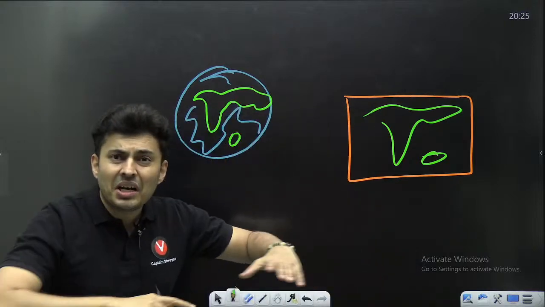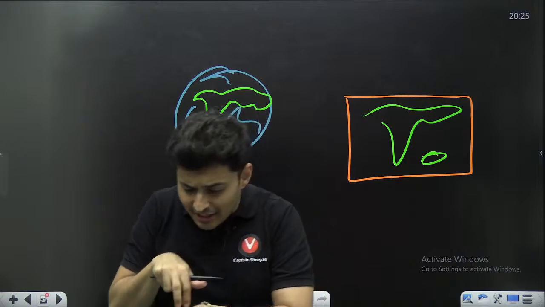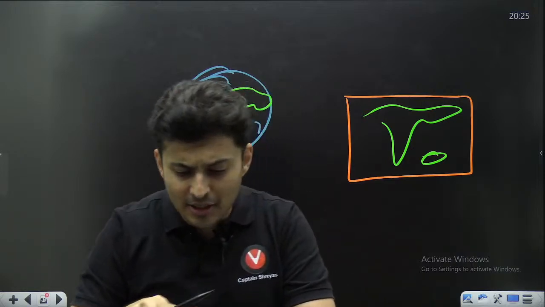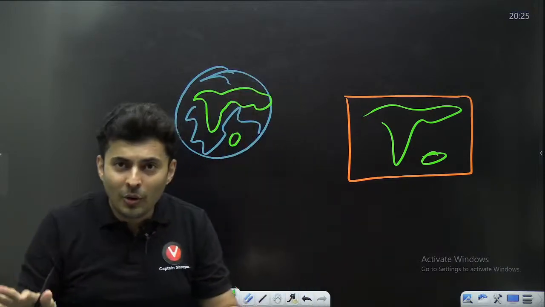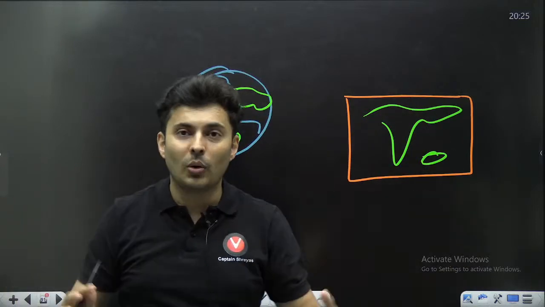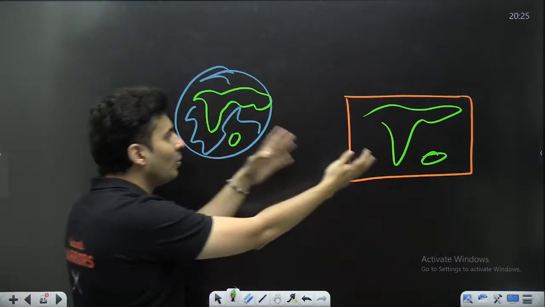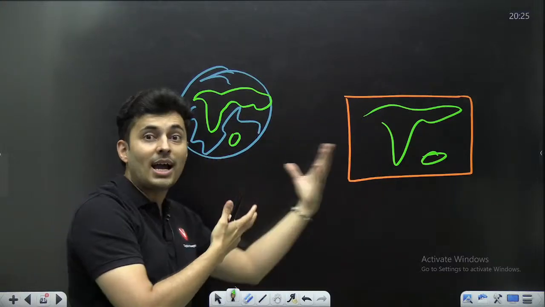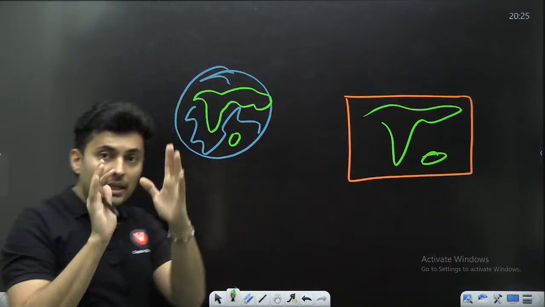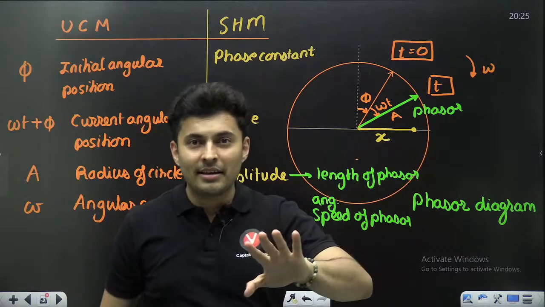Does that mean that there is some place like that map where you can walk and you can see India, you can see China, you can see Nepal, you can see US? No. Is there something which is labeled Indian Ocean in reality? No. This is a map view of the real world. Or you can have Google Maps of the real world, like you have the atlas of the real world. Same way, understand, SHM is for real.